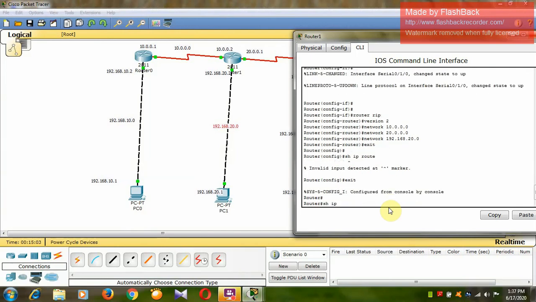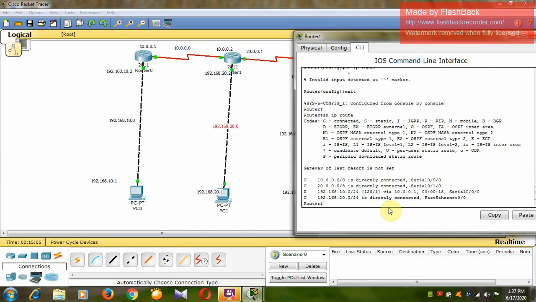Now you can check it. Show IP route. So you can see here 192.168.10.0 network is connected here with the help of this R, that is RIP, and this one represents the hop count.